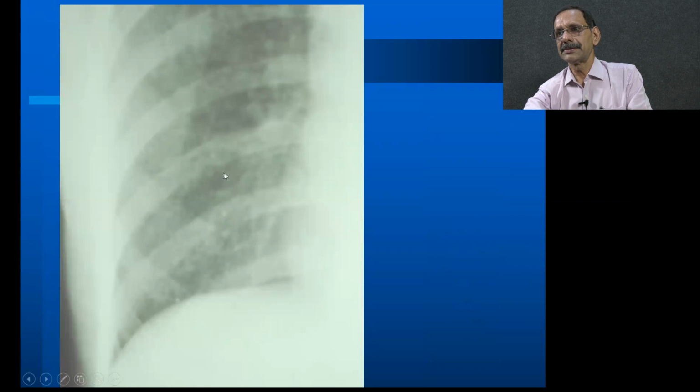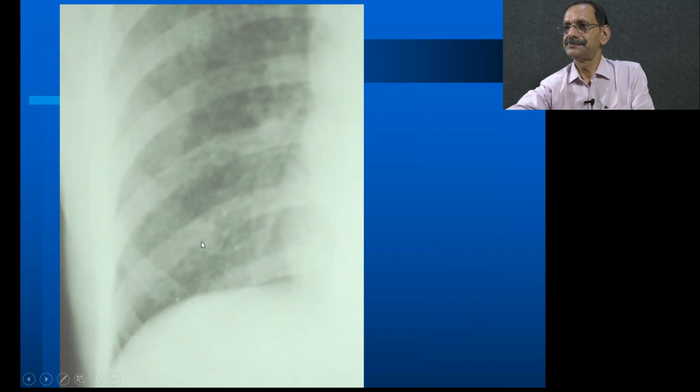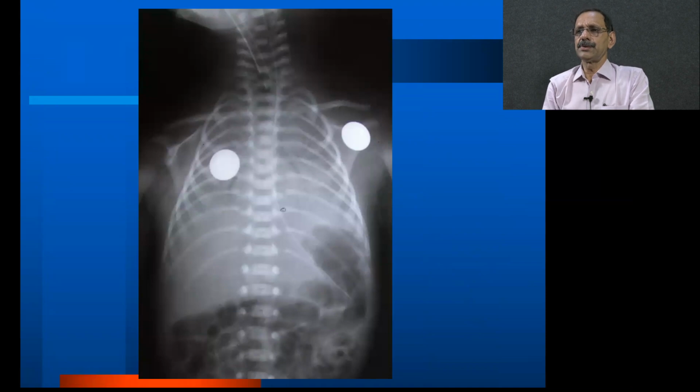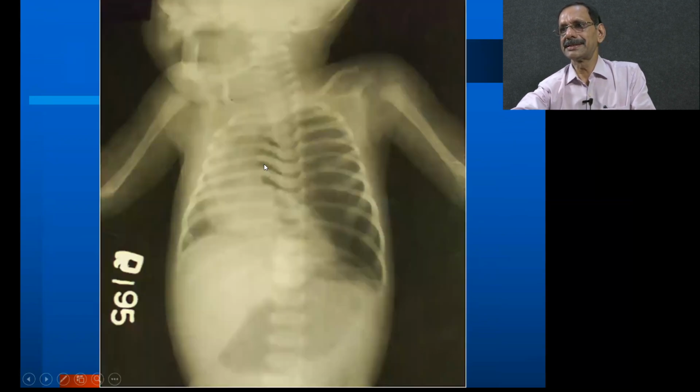So it's not very clearly visible. You can change your angle of vision and see if it is visible. Yeah, this is a newborn, and see the shape of the chest. It is almost never expanded. It's the hyaline membrane disease, uniform ground glassing, the air bronchogram. So the shape itself shows that it has never expanded. This lung has never expanded.